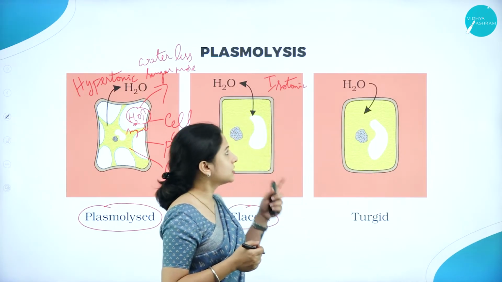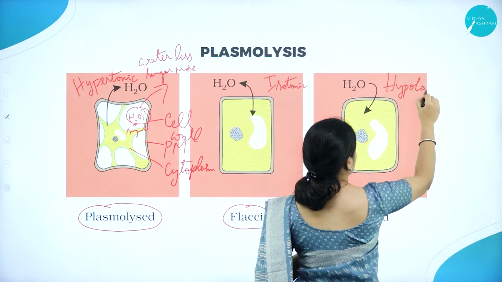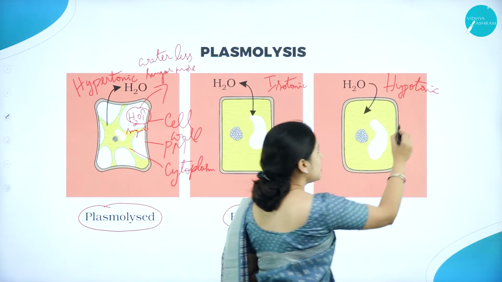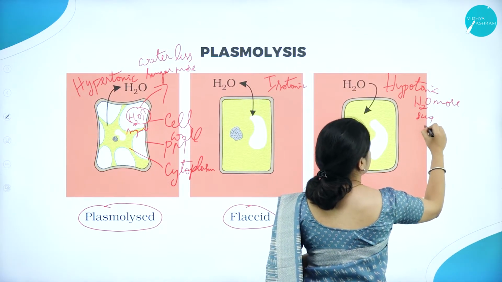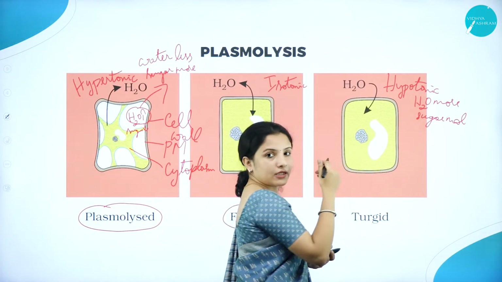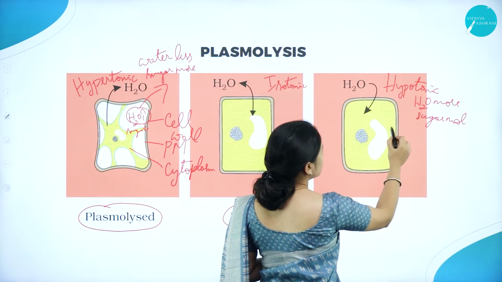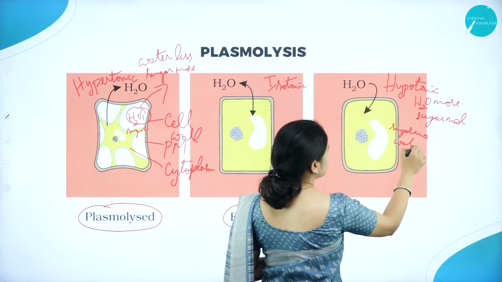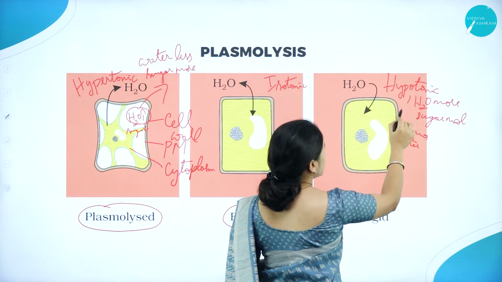Next, talking about the hypotonic solution. So this solution is hypotonic. What happens in a hypotonic solution? It is a dilute solution wherein water molecules will be more and sugar molecules are fewer. Inside the cell, it is concentrated, that is, the sugar will be more and water is less. So therefore, from where the water molecules are more, water has to enter into the cell.